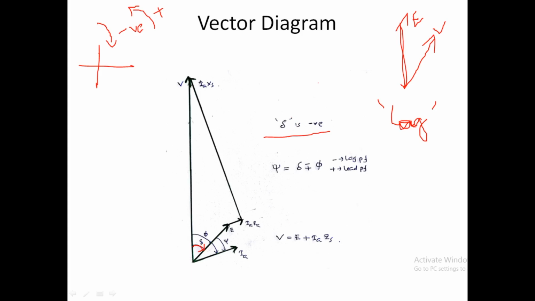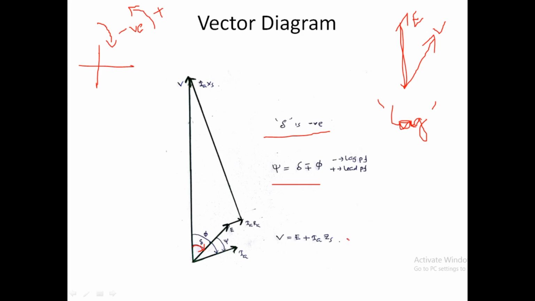Why is it reversed? The basic thing is, in a motor, we are giving voltage first and then EMF is developed. But in a generator, EMF is developed first, then voltage is developed. So that is the basic difference. So here delta is becoming negative and phi: in a generator it was delta plus or minus phi, plus for lagging power factor and minus for leading power factor, but here it is minus for lagging power factor and plus for leading power factor. These are the differences when comparing with the vector diagram of a synchronous generator.